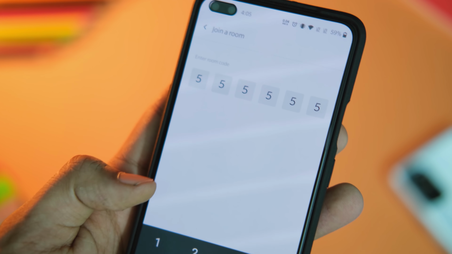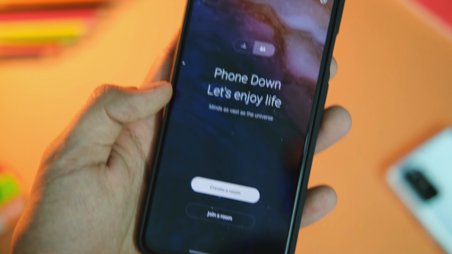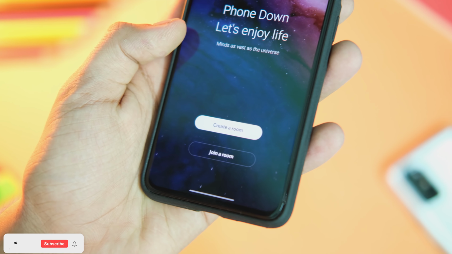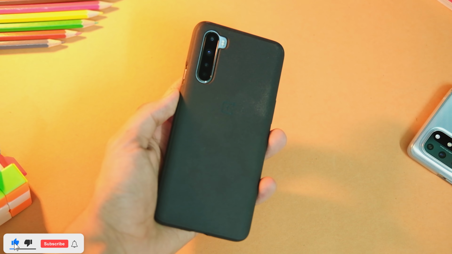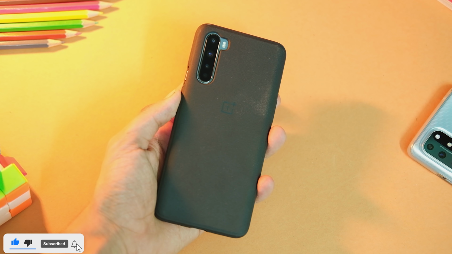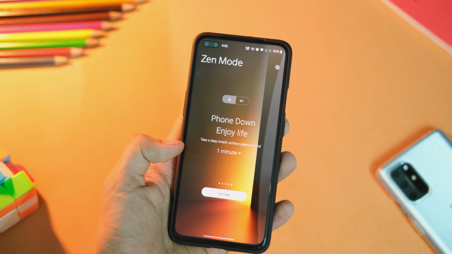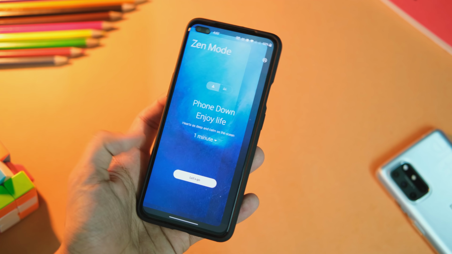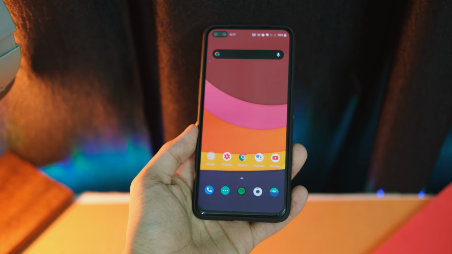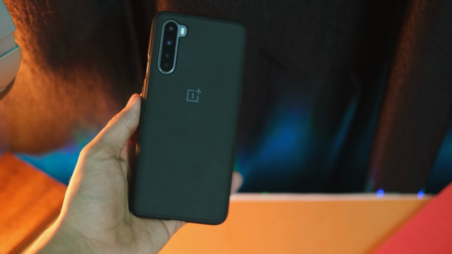Plus you can even share this room with your friends and focus on your task while helping them in focusing on theirs. And people don't care much about these features, but I think this has benefits in the longer run and will really help you in controlling smartphone addiction, which isn't often discussed. So dive deep into the Zen mode, choose your theme and go back to the 1990s.